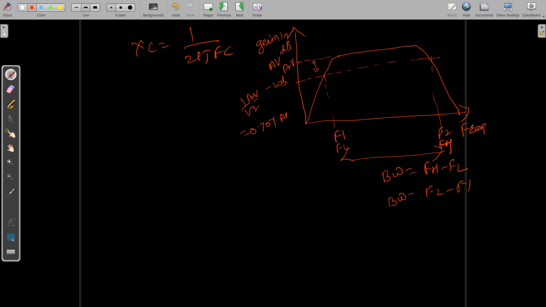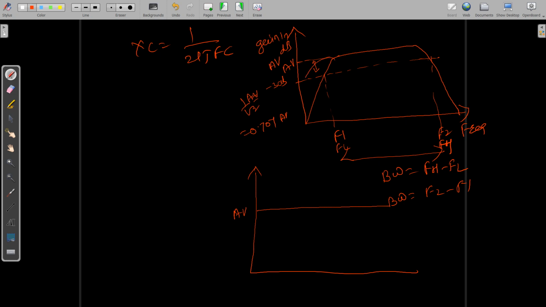So from this graph, at lower frequency the gain is dropping to 0, and at high frequency the gain is also dropping to 0, and for the middle range of frequency the output is high and constant. So why this roll off? Ideally, what we expect from the amplifier is that whatever frequency change you make, you should get a constant output, a constant AV, with no F1 or F2. It should be constant, but it is not happening.